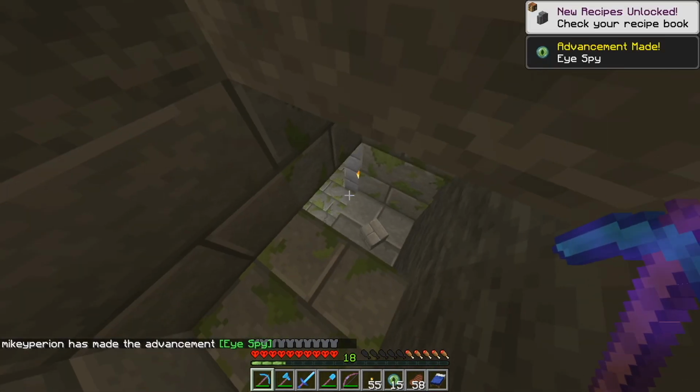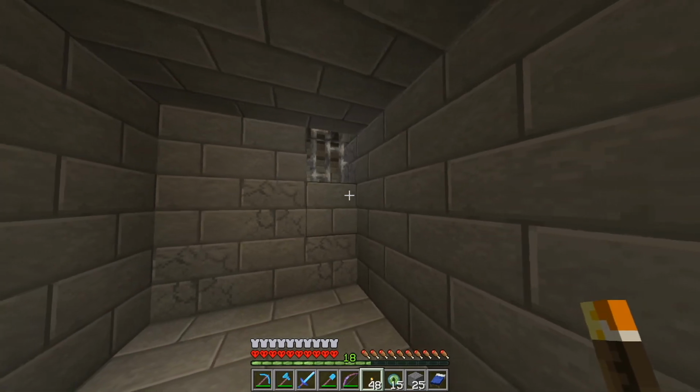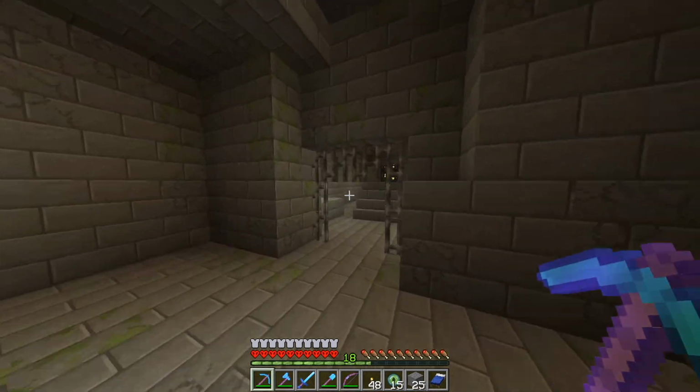Ooh, I can already hear a baby zombie though. Oh, I can hear the baby zombie. And I can actually see it from here, so I'm not sure how we can actually get there, but yeah, there's actually a door there. Just do it very quickly. Alright,